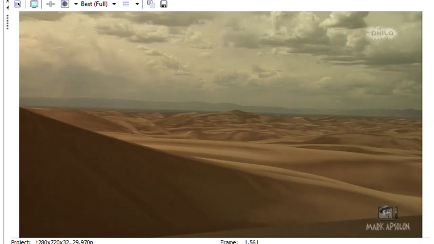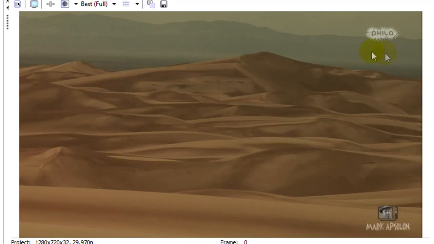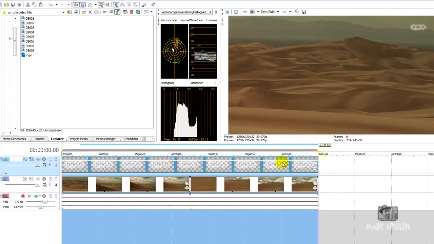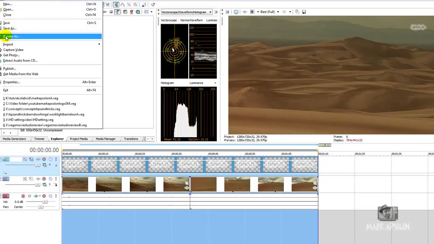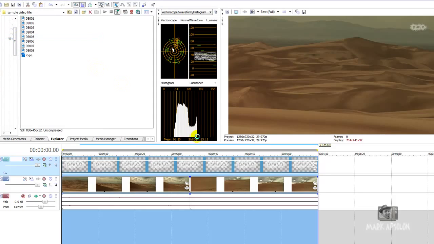So now we've got this done. We have it all professionally looking with fill up here. It looks really smooth and cool. We need to render this out. So go ahead and double click the track to select the regions that we're going to render. Go up to File, click Render As,